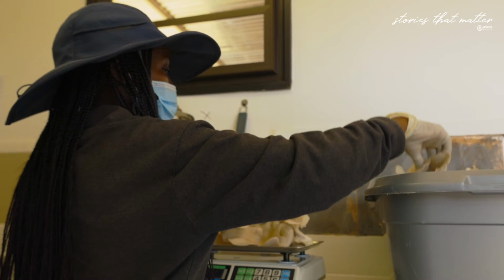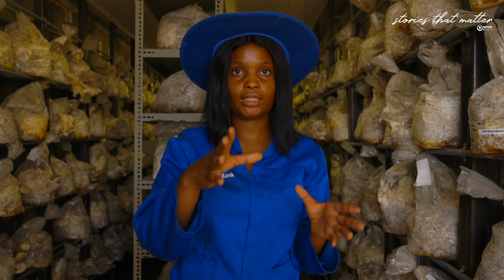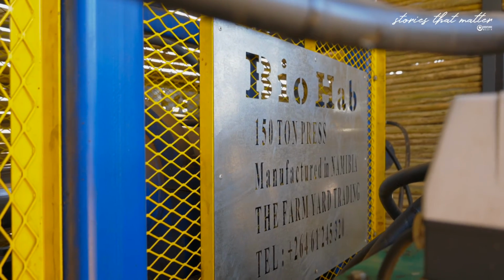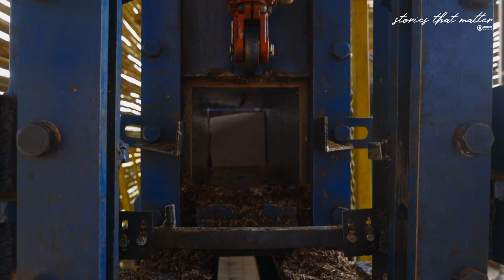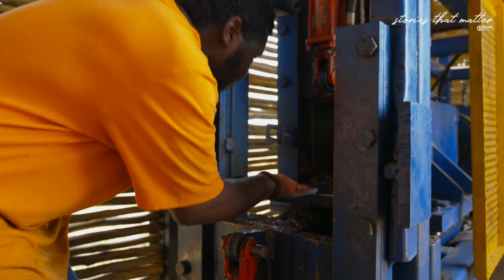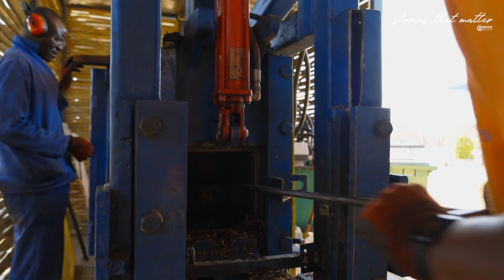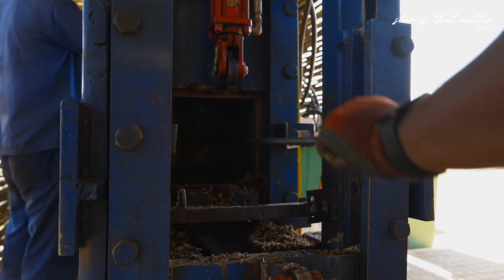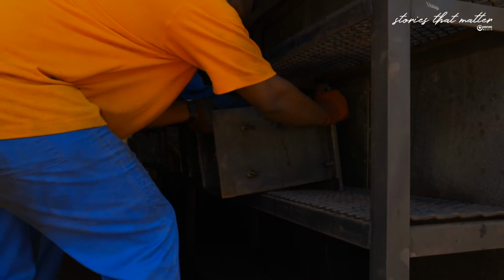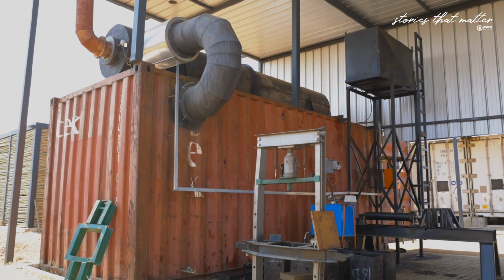After we see that a bag is harvested 4 times, we move the bags for pressing. This is where they are pressed. It's a 150-ton press. So the bags are fed in the press. A mold is connected onto the press, and the substrate is pressed in the mold and obtains the shape of the mold. So after the substrate has been pressed, it's moved to the oven where it's baked for 12 hours